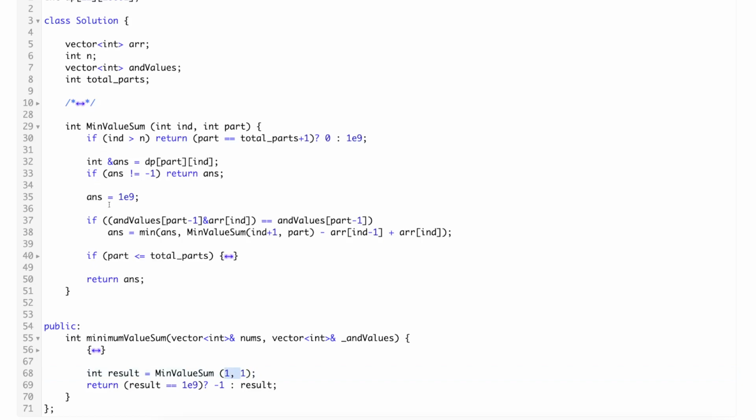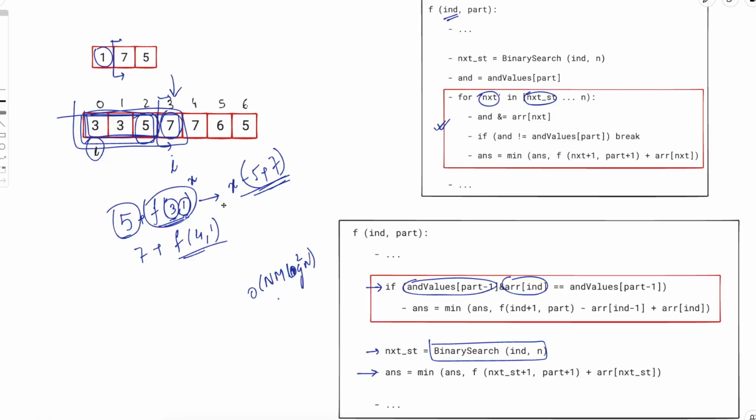Inside this, what we are doing is we are checking whether the current element can be a part of the previous partition or not. If it can be, I will try to make it a part of the previous partition. So the new partition would now start at index plus 1, and because the current element is a part of the previous partition, we will add the differences that incur because of this in the previous partition itself, right? So just to reiterate that part, previous partition,